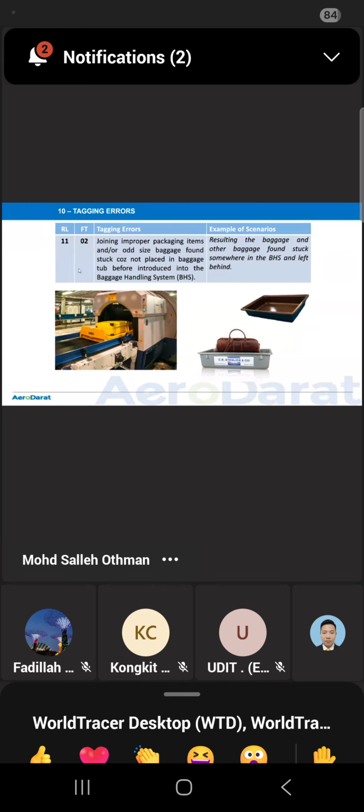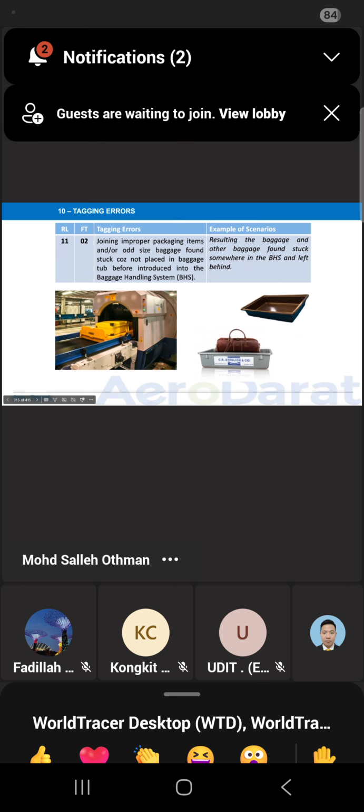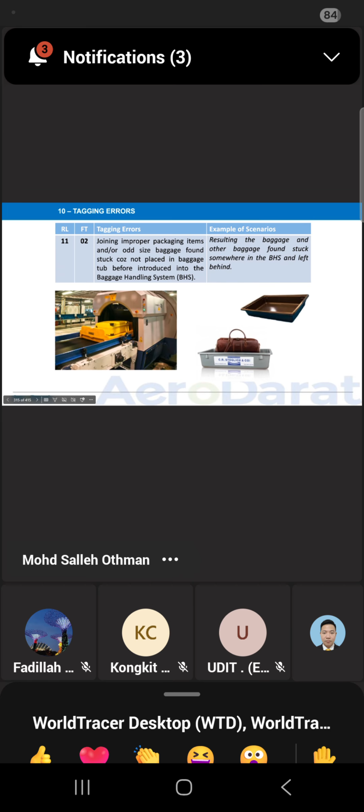Okay. Number 2, RL11 Fort Terminal 02. Improper packaging, item and/or odd size baggage found stuck, not placed in a baggage tub before being introduced into the baggage handling system, or BHS, resulting in the baggage and other bags found stuck somewhere in the BHS and left behind. Okay. So all the odd size baggage,